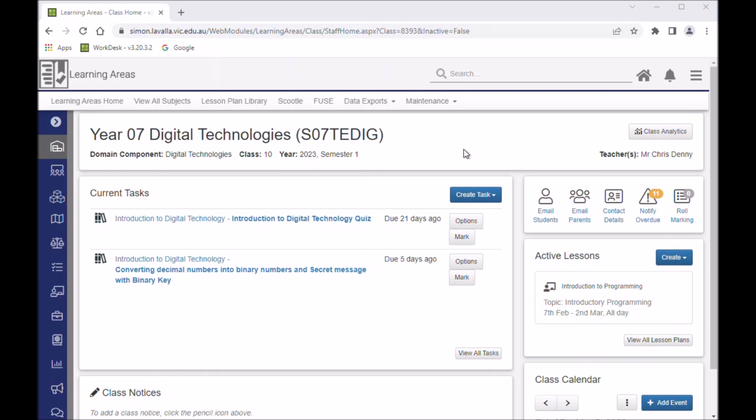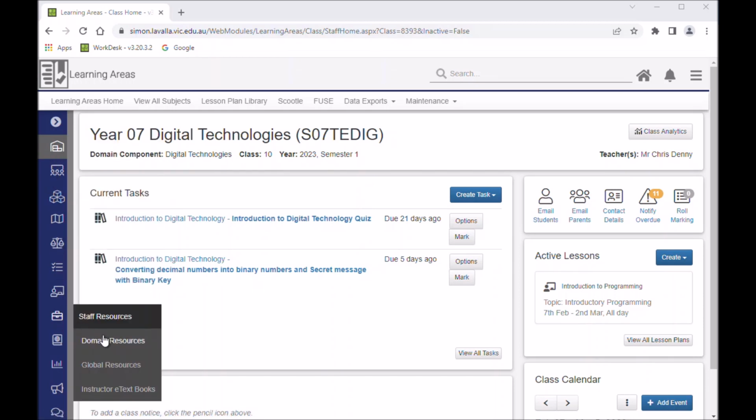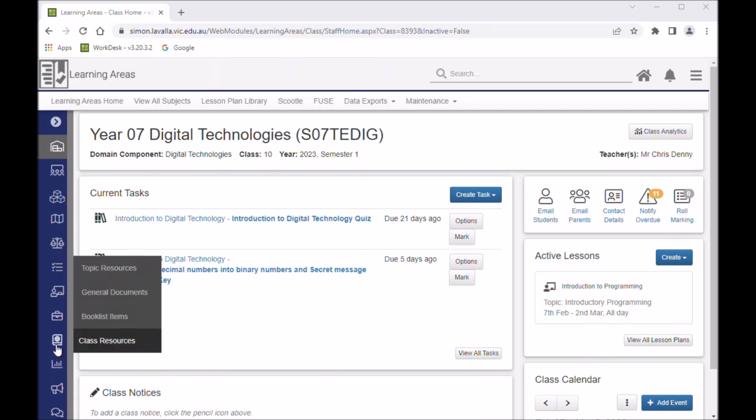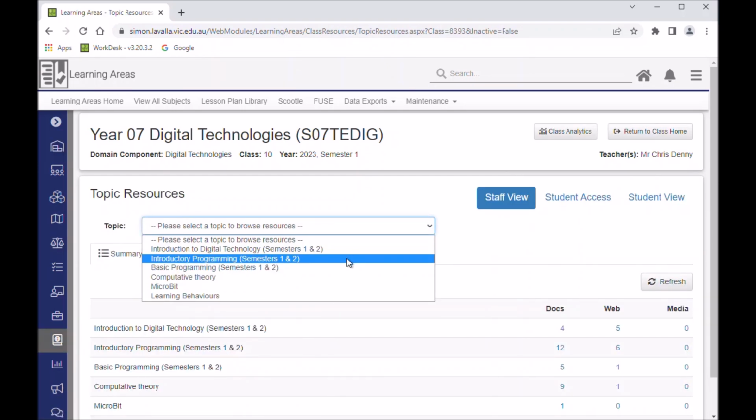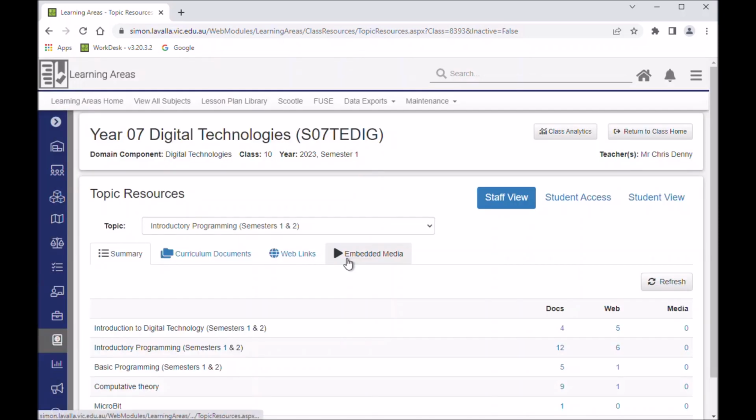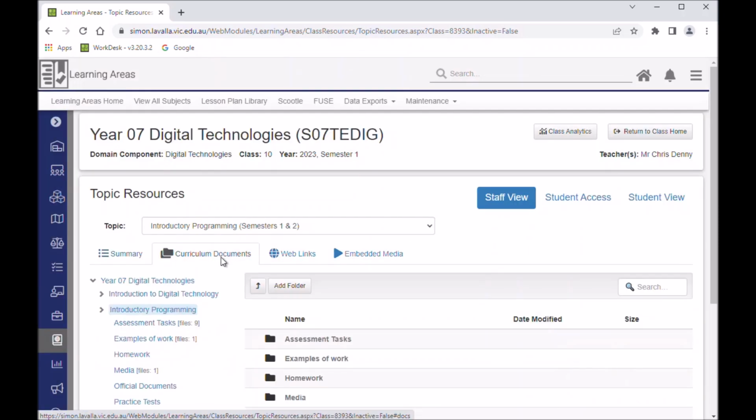I've now moved over to Simon, and what I can do here is look at my menu. Yours will look a little bit different than mine, but you'll have my classroom lessons, and you'll also have your class resources. So if you click on class resources and topic resources, we're looking at the introduction program at the moment. And then if we go to curriculum documents and to media,